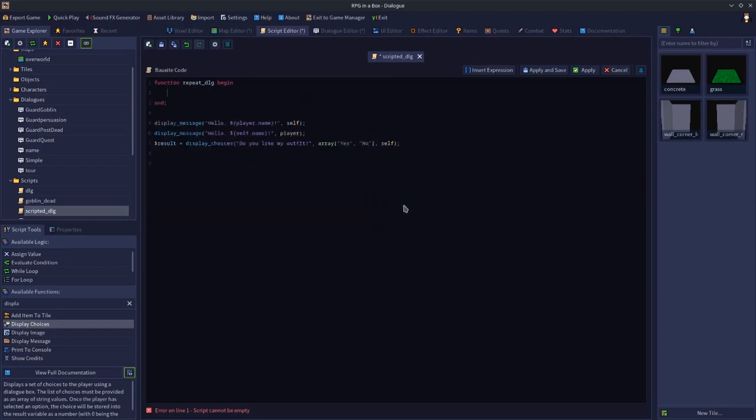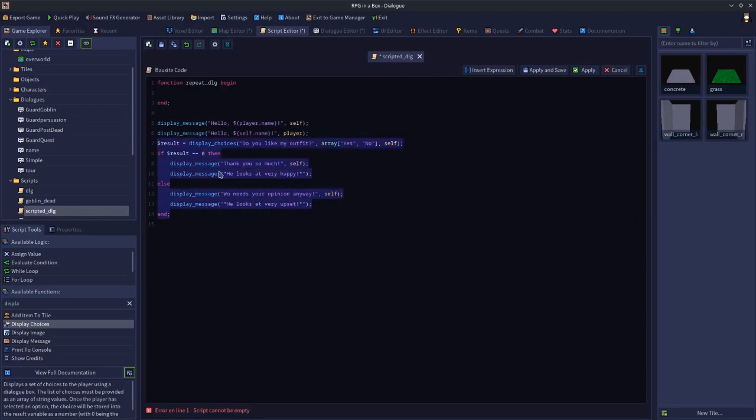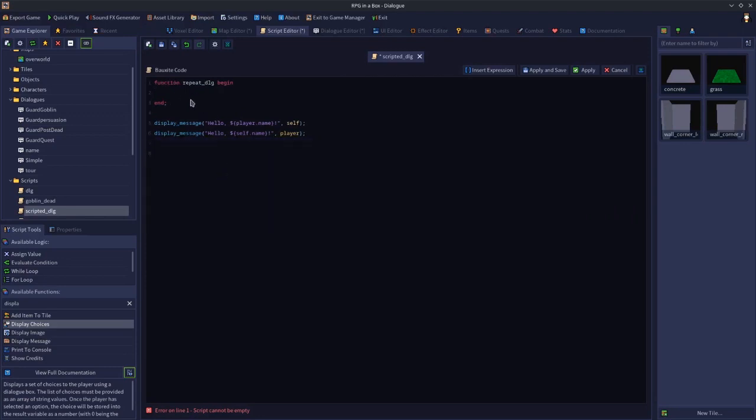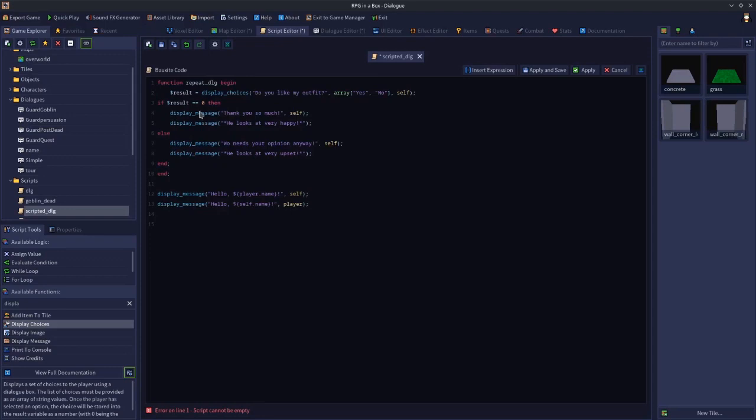Oops, wrong minute, something happened there. We're supposed to include that line as well. Cut those, paste those into there. There's our function. Now, the thing to know if you're going to put dialogue in functions, you need to specify the NPC rather than self, because self's not going to work inside a function, okay? Because they're kind of isolated things. So for these, we're going to have to specify an